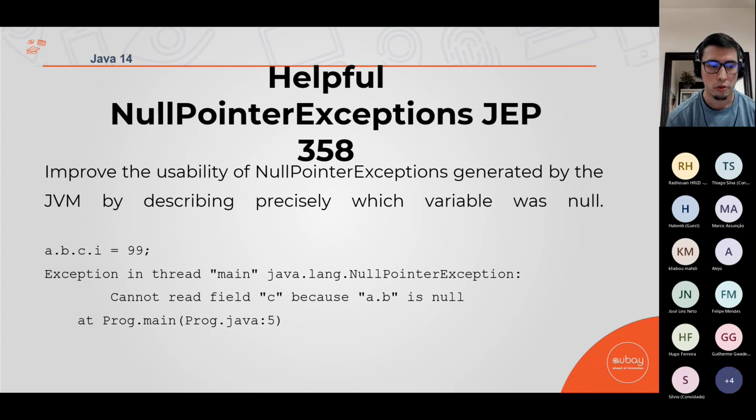But be careful, because if you are using a.b.c.i, you are probably not respecting the Law of Demeter, but this is not the best moment to talk about it. If you want to know more about it, ask me at the end or search about it, Law of Demeter. Okay, I will keep moving.